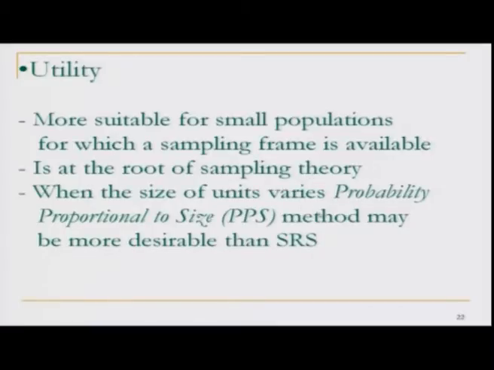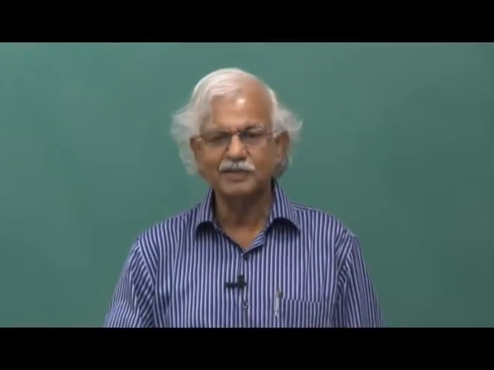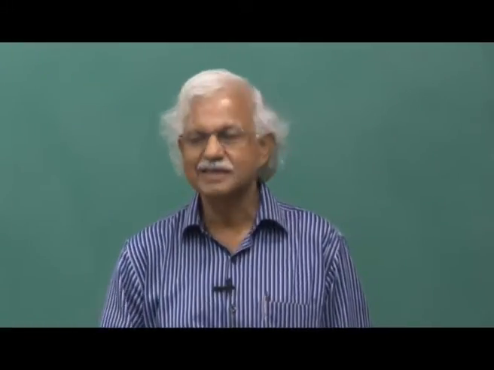When the size of units varies, probability proportional to size method may be more desirable than simple random sample. It is like selecting some respondents from villages of different sizes. In simple random, you need a complete listing of all the possible respondents or subjects. In probability proportional to size, we decide that probability of selection from larger villages should be larger than probability of